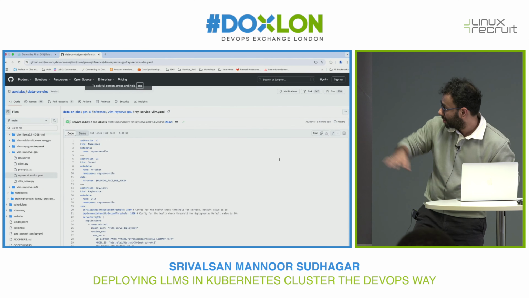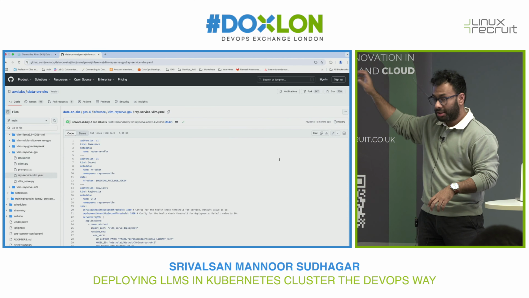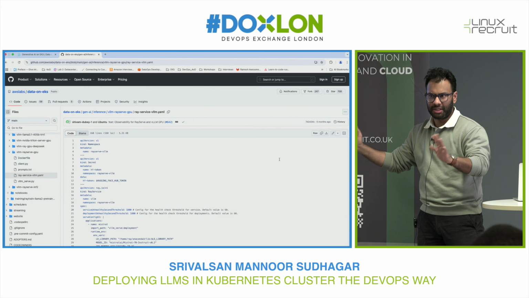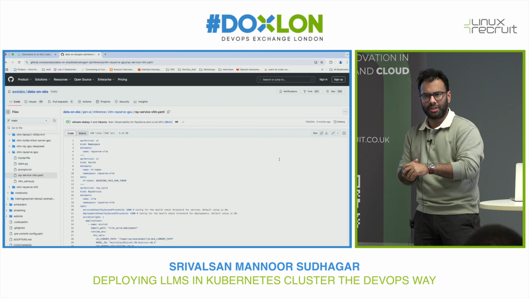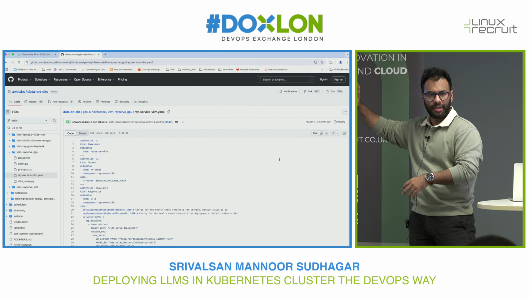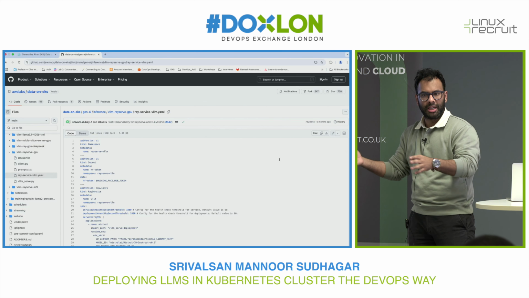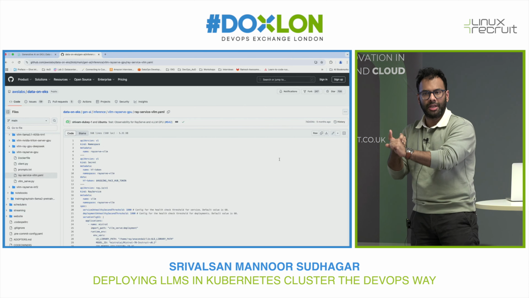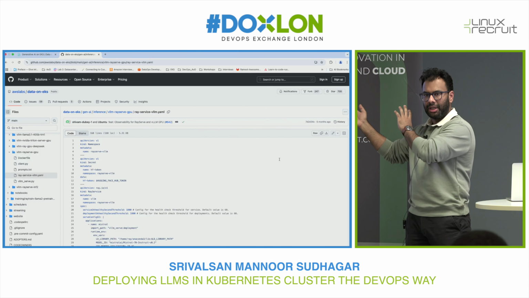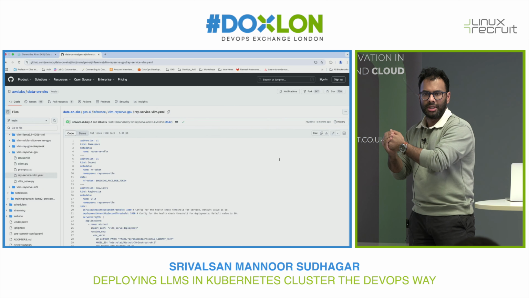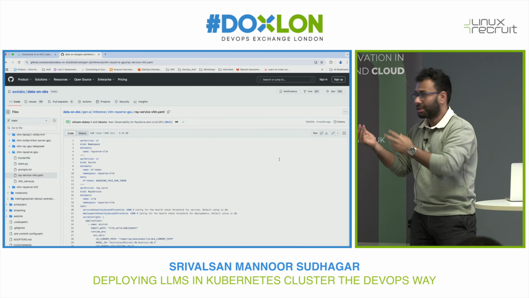So this is a Data on EKS blueprint, which I worked on with a few of the folks at Amazon. This is an open source one which you can potentially use. It has blueprints for running multiple applications, be it data streaming applications or LLM applications, using EKS, and you can use this to see how we can run these applications using Kubernetes as well.